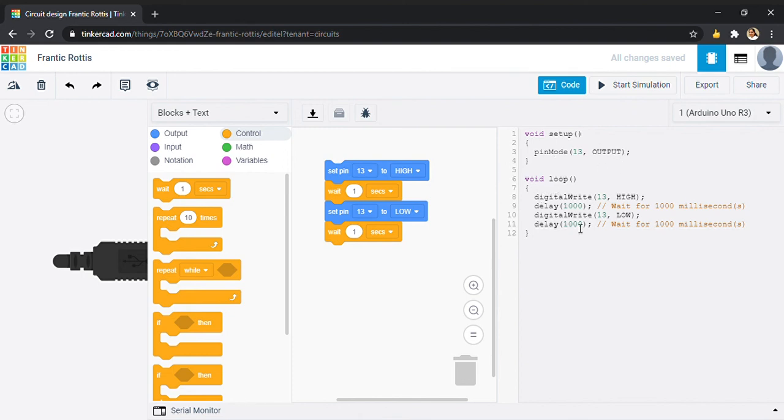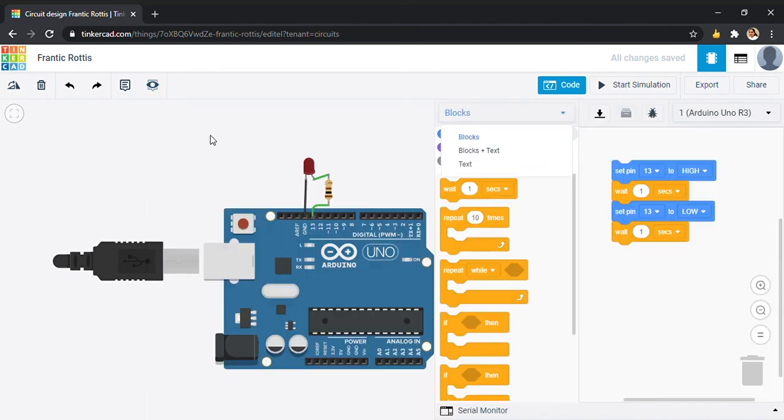For the second function, which is the loop function, this basically repeats every instruction written within it all the time that the Arduino is on, all the time that the microcontroller is on. So here you can see the code is simple. We are just digital writing the pin as high first. The delay is in milliseconds, so 1000 milliseconds, that is 1 second, is equal to 1000 milliseconds. And then again switching it to low. So it's basically the same code. You can always check it out from here to see what your code actually would look like in IDE.